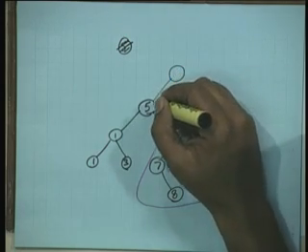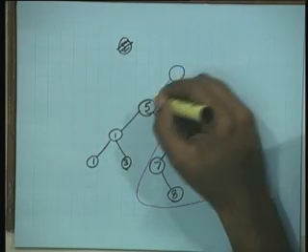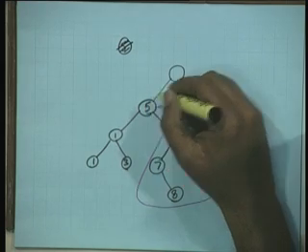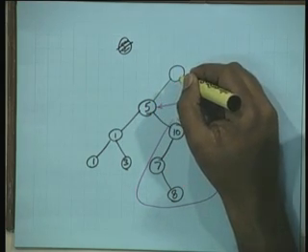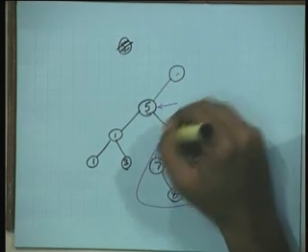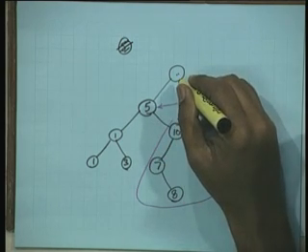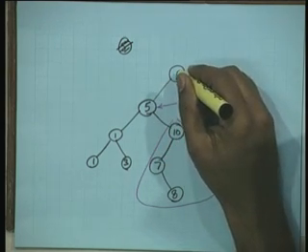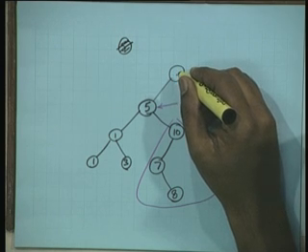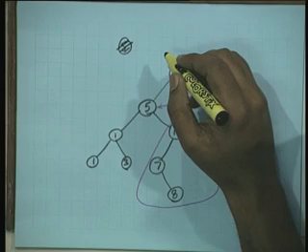So there are two possibilities. The parent is larger than 5, which means 5 is in the left subtree of the parent. But then this guy will be larger than all of these guys, because all of these guys are then in the left subtree of the parent. So this parent cannot be the successor, right?